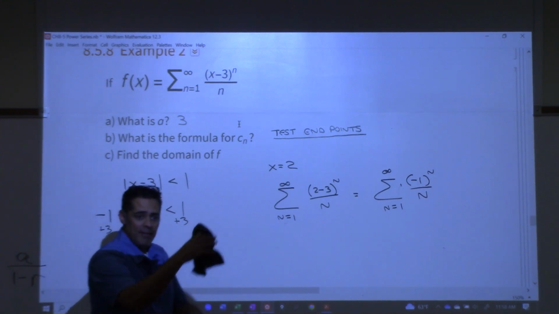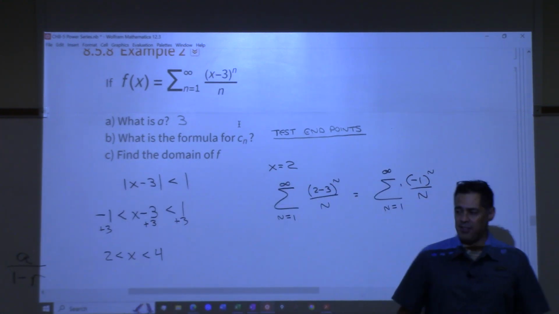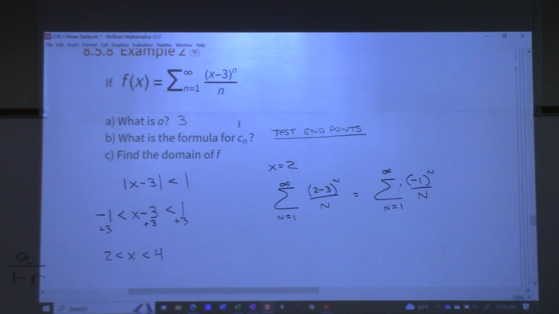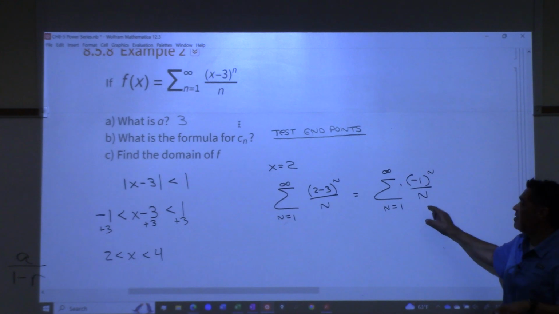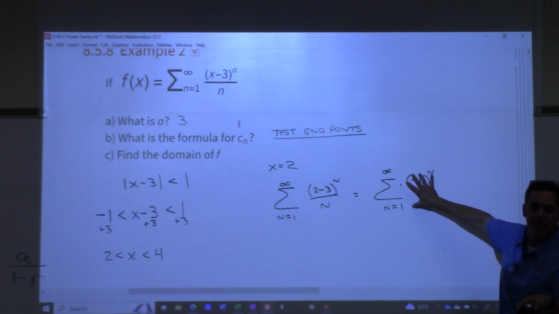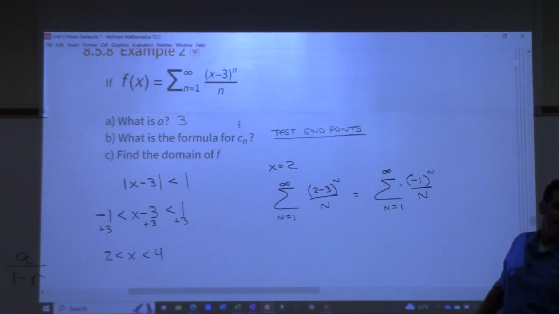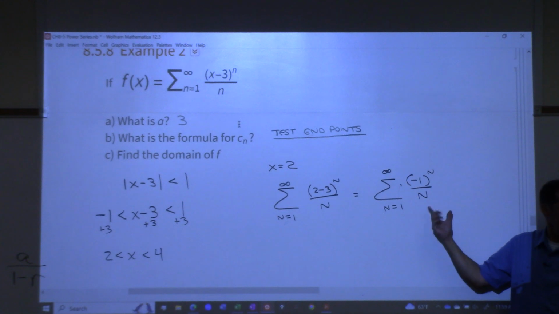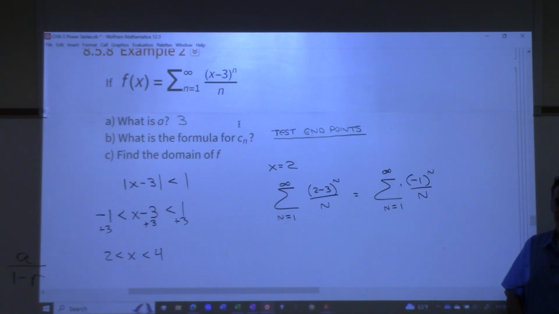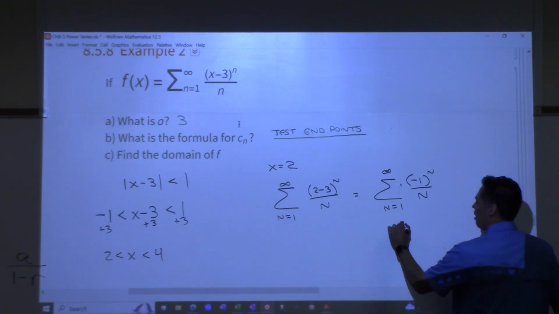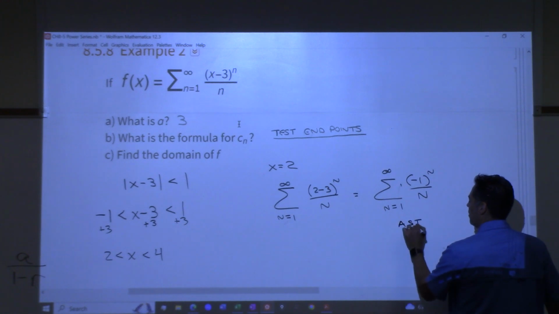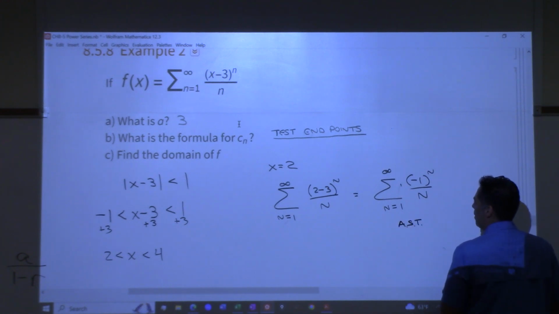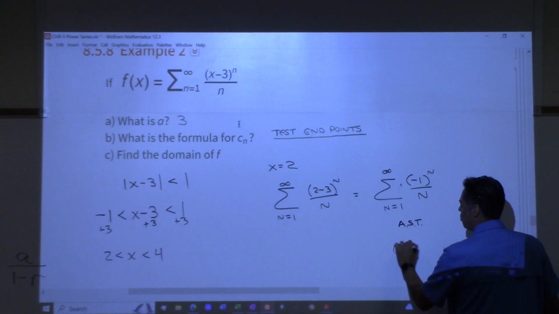So now we're back and we have that list of tests. What tests would you like to run on this? Can't do comparison because to do a comparison, the terms have to be positive only, right? Comparison requires that the terms are positive only. So can't do comparison. Alternating series test. Why? Because it alternates, right? So that's what we want to use. So how does the alternating series test go? There's two things I have to show. First, I have to show,